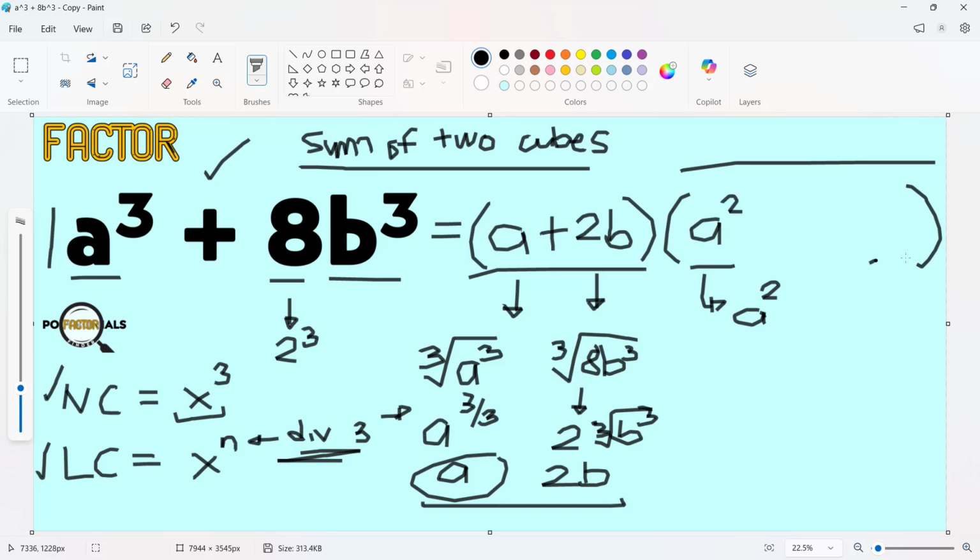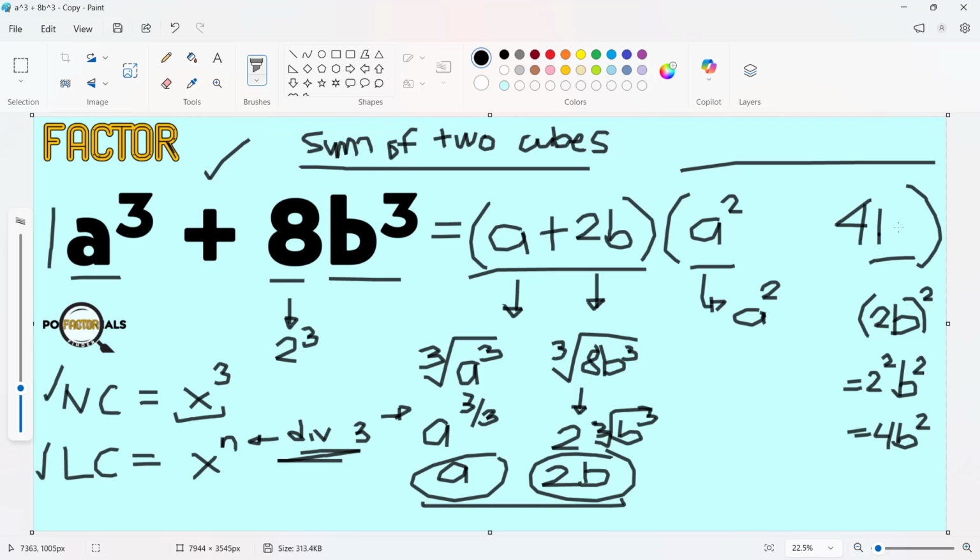The third term, let me jump to the third term, is the square of your second term in the binomial expression. So if you're going to take the square of that, take note you are squaring the entire expression with 2 using power law. That's actually equal to 2 squared b squared, and we know that 2 squared is actually equal to 4b squared. The result here as the square of the second term of your binomial expression is the correct form, 4b squared. Take note it's positive because we're squaring that, so we're expecting here plus.